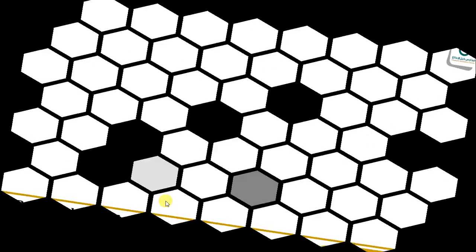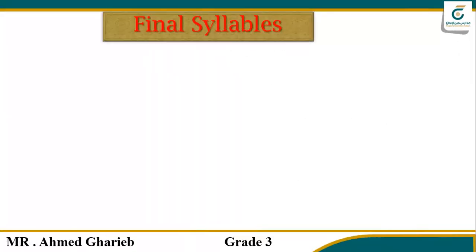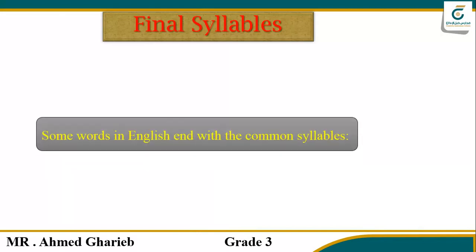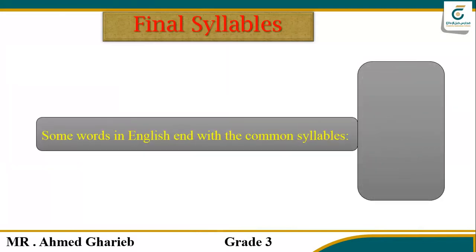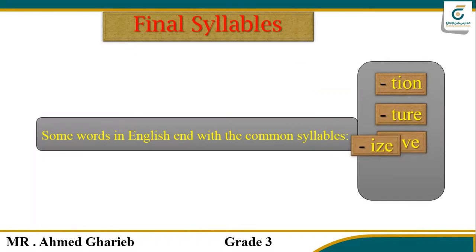Alright, today we will study final syllables that are so common in English, and they are tion, ture, ive, ize. All of them are final and they come at the end of the word: shin, chur, iv, and eyes. Alright,